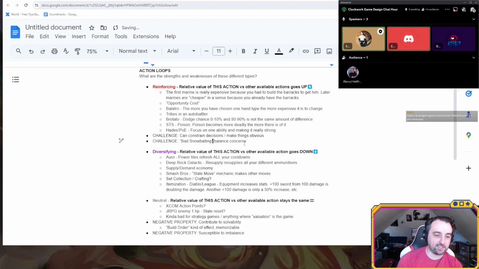Yeah, I'm just gonna write "bad snowballing," just to be very clear. Because I agree, what you're saying, I would just call those long arcs. To me, snowball evokes a negative connotation, and it means bad long arcs, long arcs that are too strong, or "lame duck" maybe would even be a better way to put it.